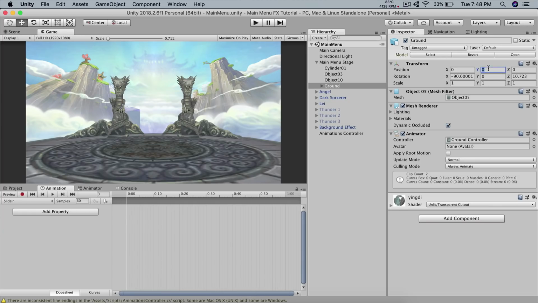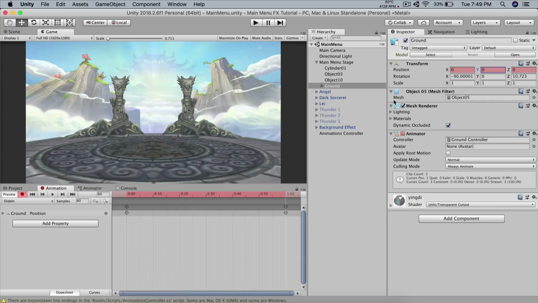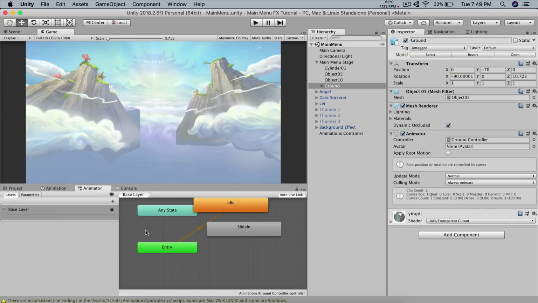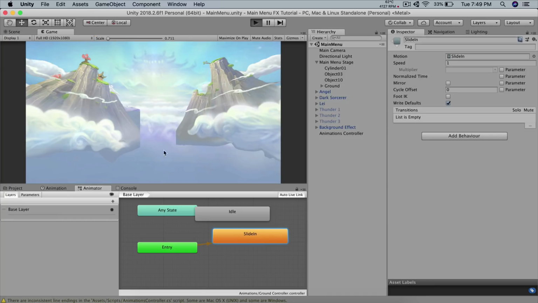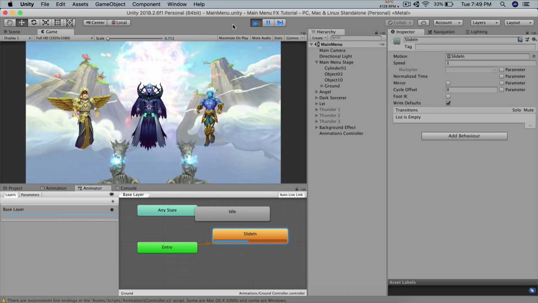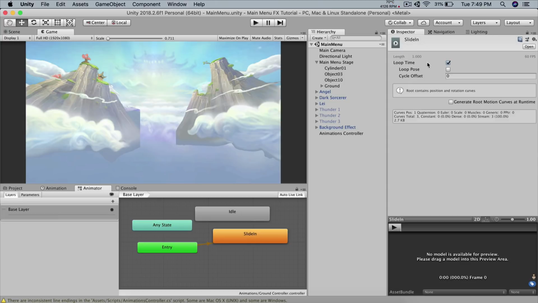I'm going to set the Y position at -70 for our ground. Click on the recording button, go on frame 60, and go on 0 again. Now, the reason why I created this idle and set it to be first is this one. If we created the slide in, we would have something like this. You see? We would have something like this, bam and bam and bam, and well, this is not something that we want. And of course, double click on the slide in, turn off the loop time,